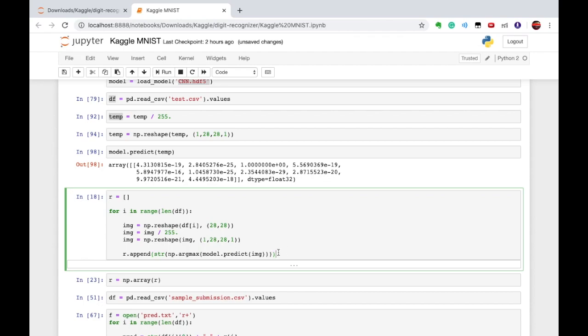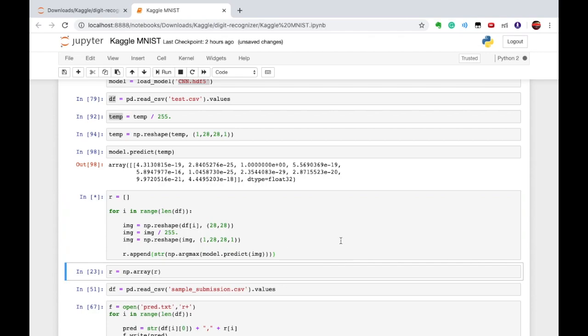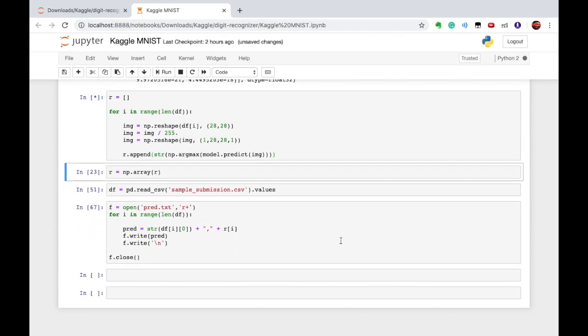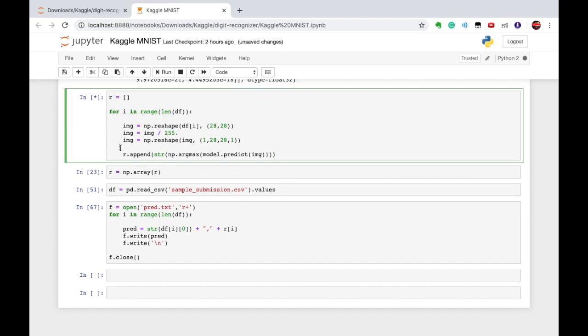Okay, so let's run this and wait for it to execute, because it is going to predict on 28,000 images. And you can also have a cup of tea at that point of time. It might take 2 to 3 minutes on your CPU.